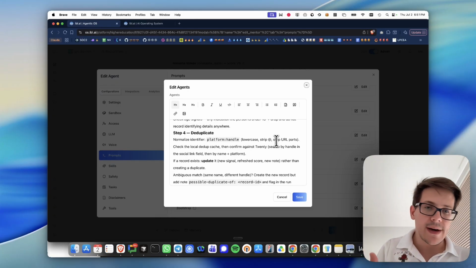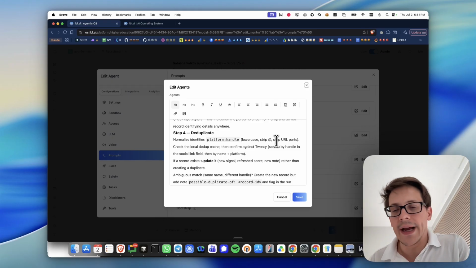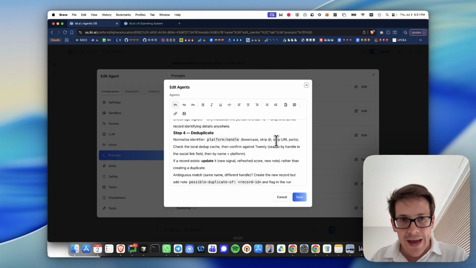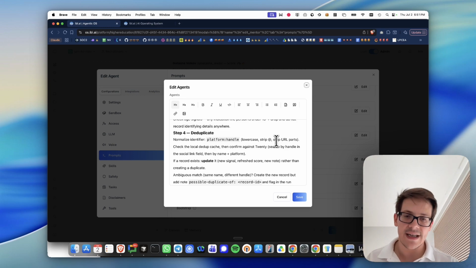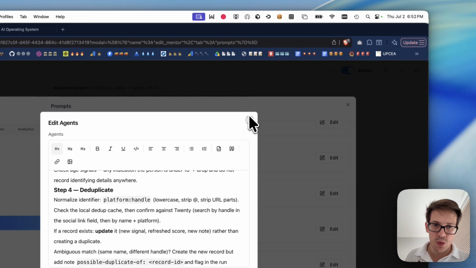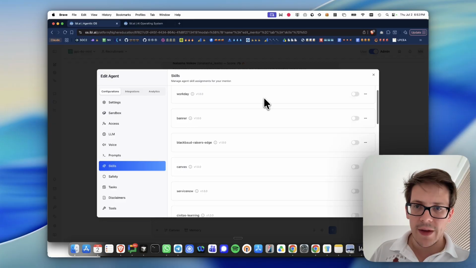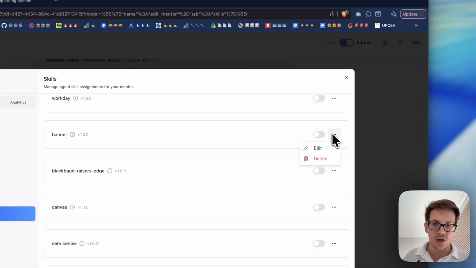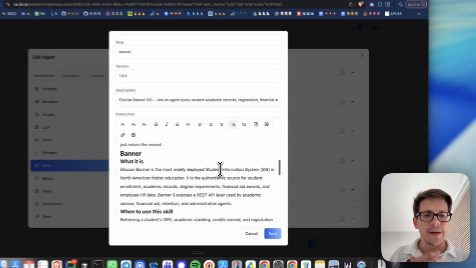It's like you have somebody you work with, again, a human in your office, and you say, hey, check the students for today. Now, after they've done this so many times, you don't have to give extensive instructions, right? And that's the same idea. You put these instructions once, okay, the agents will take care of it. Likewise, there are other skills and so on that we could have, right? So if we say, hey, we want to interact with Banner or something like that. I mean, any other tool